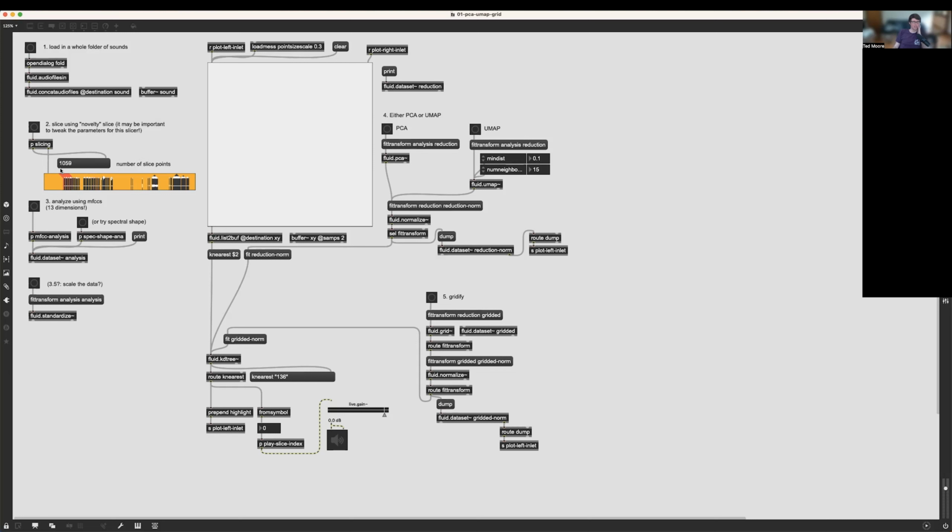A lot of audio, 1,059 different slice points. And we're going to do some analysis. Here we're doing MFCC analysis. There's also fluid spectral shape analysis here. We could try both if we wanted to, or try either, I should say, if we wanted to see how it changes our plot. I'll do the MFCC analysis here, and then we'll print the data set